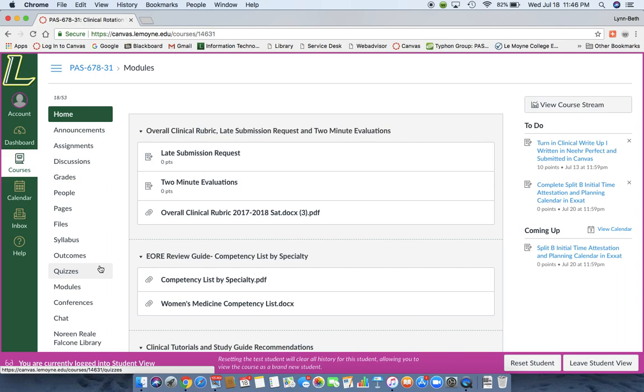While we're on the subject of EORs, you will take an end of rotation exam, which is a board type exam, through Canvas using Lockdown Browser for every rotation except internal medicine, primary care, and the elective. For internal medicine and primary care, you also take a board type exam, but those exams are via the PAEA website